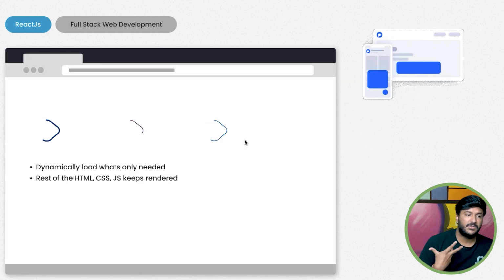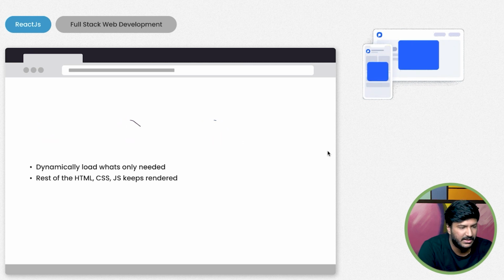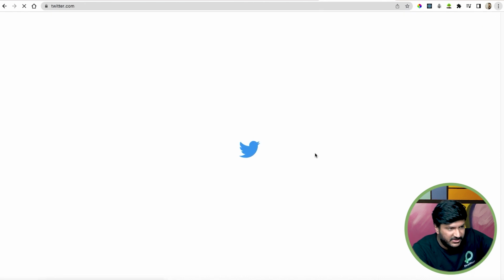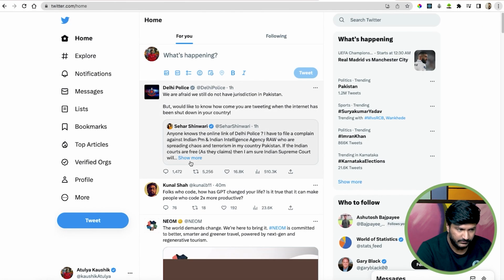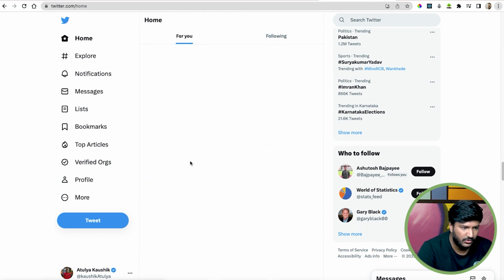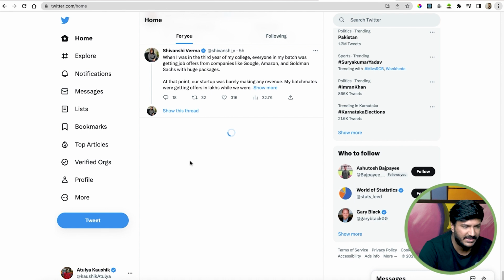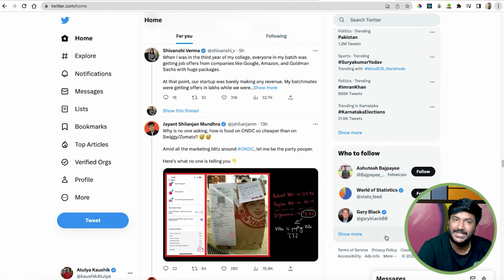Now, there are a few things. For example, sometimes you need to dynamically load something on your website. Let's say I go to my Twitter, and don't judge my Twitter. Even as I scroll, as you can see, new things are being loaded, but all of this section remains the same.